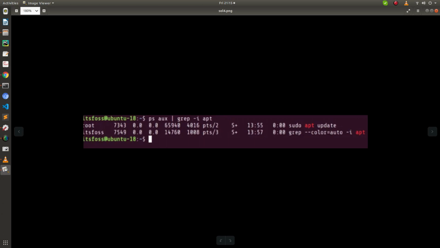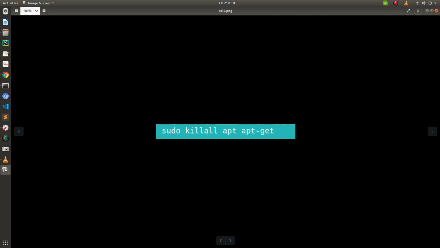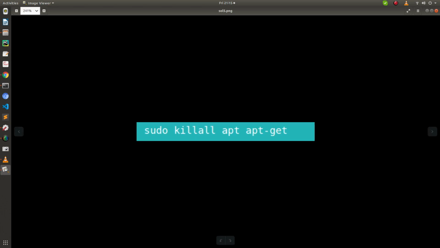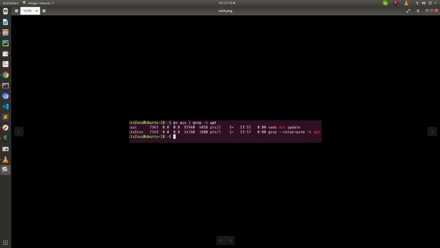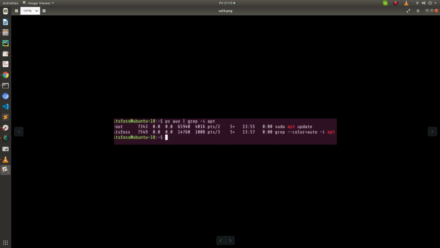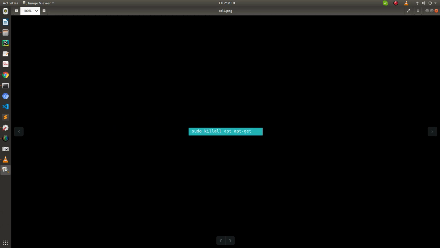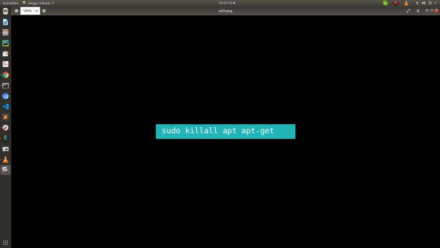that routine of your system. So there can be many. If you are looking at this sort of output, then you just need to write this line of command here in your terminal and press enter, and it will kill all the applications that are using your apt update routine, and your apt update routine will be free. After running this particular command, you need to restart your computer and just install whatever application you want to install, or if you are removing an application, you can remove it, and it will work.